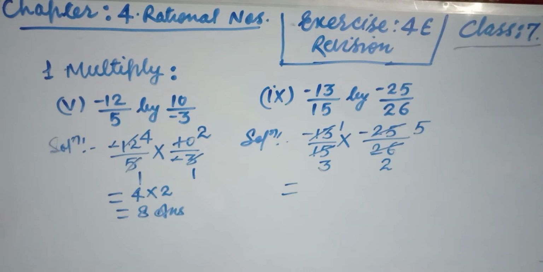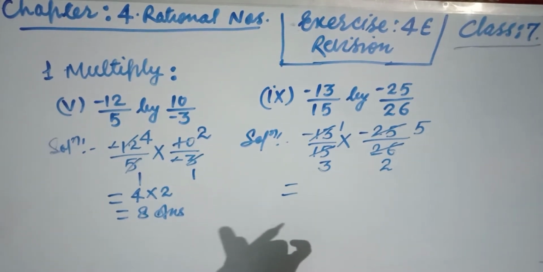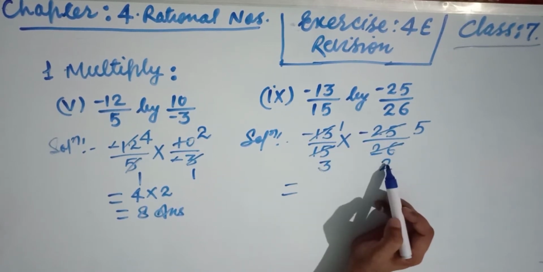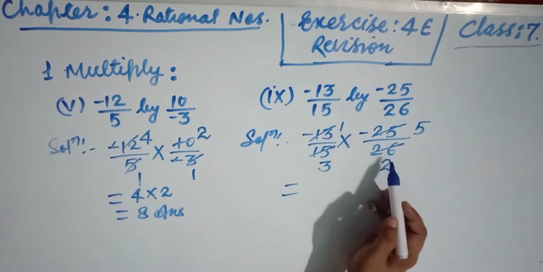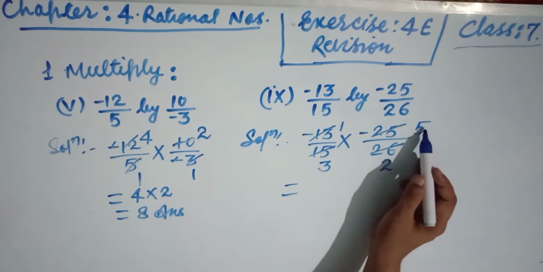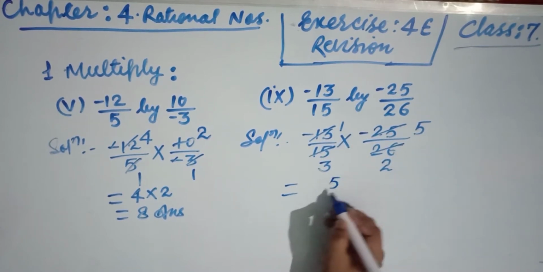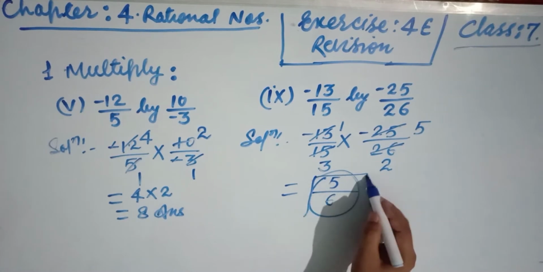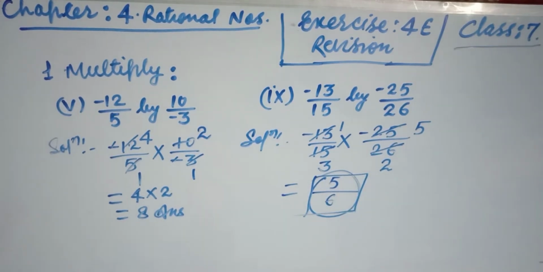One thing to remember, friends: we have to cancel the same tables, meaning if 13 is cancelled by 13, then it will get cancelled, otherwise stop. 13 1 ja, 13 2 ja, 5 3 ja and 5 5 ja. So minus into minus plus, 5 multiplied by 1 is only 5, and divided by 3 2 ja 6, friends. So this is your answer. And what type of fraction is it, friends? This is a proper fraction, because the denominator is greater than the numerator.